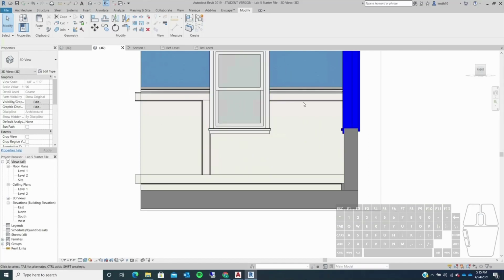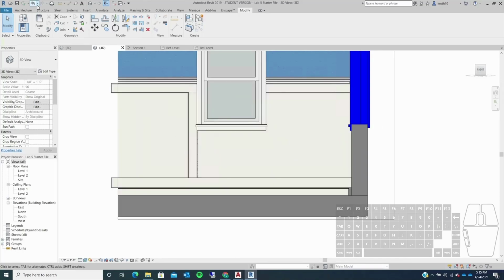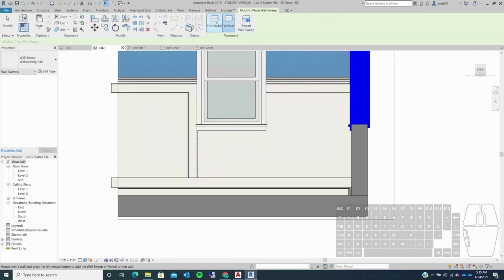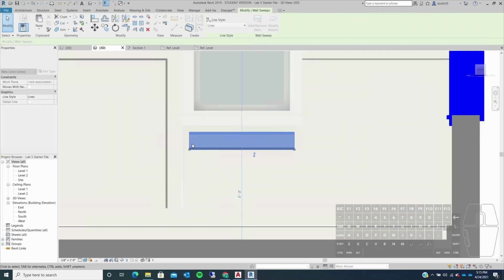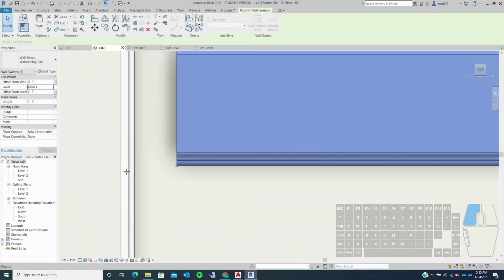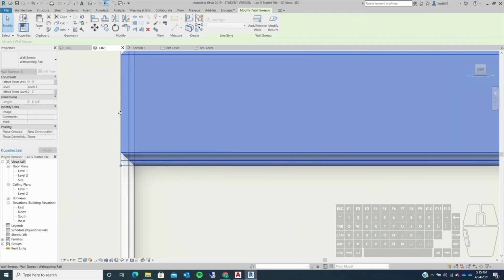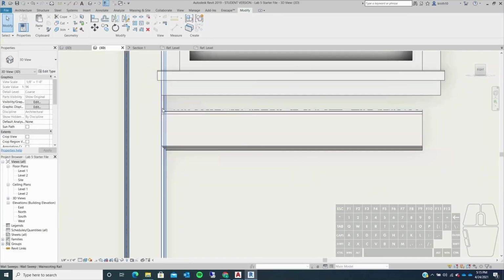So then, let's see, we're going to need one more piece of horizontal molding under this window. What we can do is click on that and do a CS and then click on horizontal. Then I'm just going to place one piece of molding right there. Click escape, then click on these, drag them inward. And this edge is going to be aligned right there with that edge so that we get a nice little